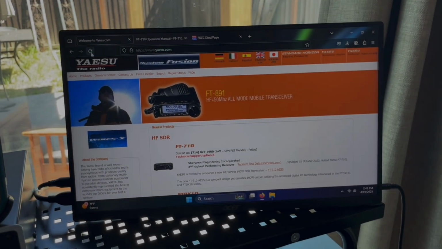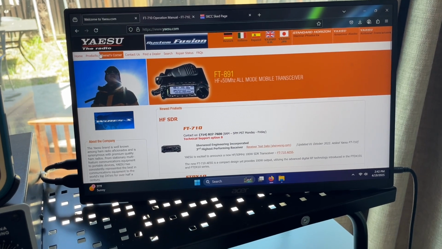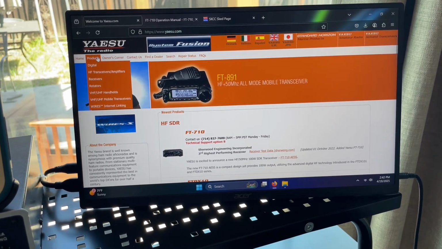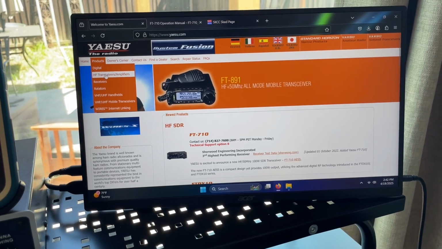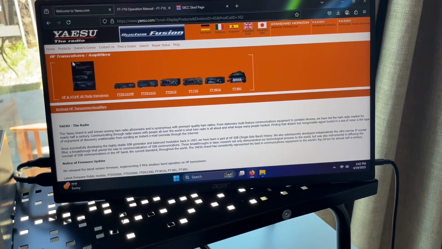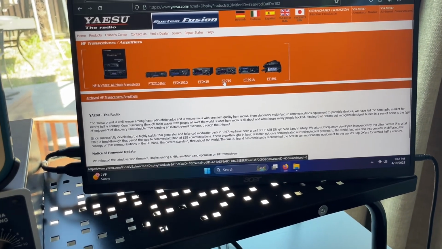Okay, so I am at the Yaesu website, and what I'm going to do is go into the products menu here. I'm going to select HF transceivers and amplifiers. I do not have an amplifier. I'm going to go to the FT-710 page,